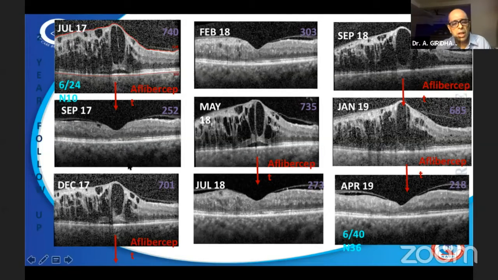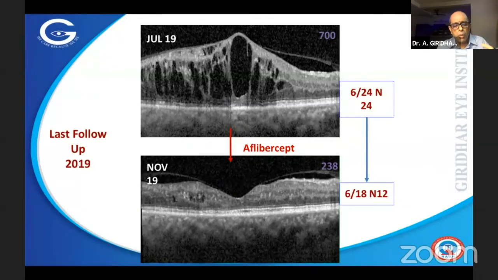months because this patient was coming to see me from abroad, and he wanted a longer period of quiescence, and aflibercept gave me about 3.5 to 4 months, or probably 4.5 months of quiescence as far as this particular case is concerned. Therefore, aflibercept is definitely an option in patients with central retinal vein occlusion, especially in situations where there